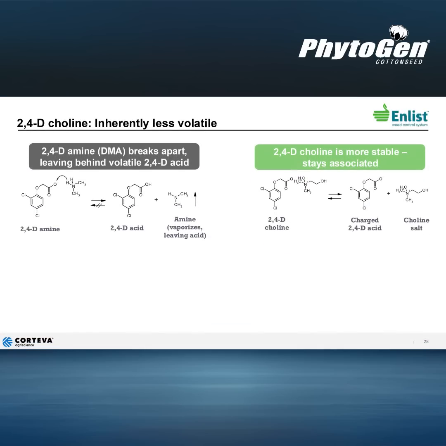When looking at the chemical structure of 2,4-D amine, there's no charge on the 2,4-D acid or the amine portion of the structure. And so this uncharged structure makes the amine salt more likely to break away from the 2,4-D acid. When the amine breaks away, the 2,4-D acid is essentially left unprotected and more likely to volatilize into the